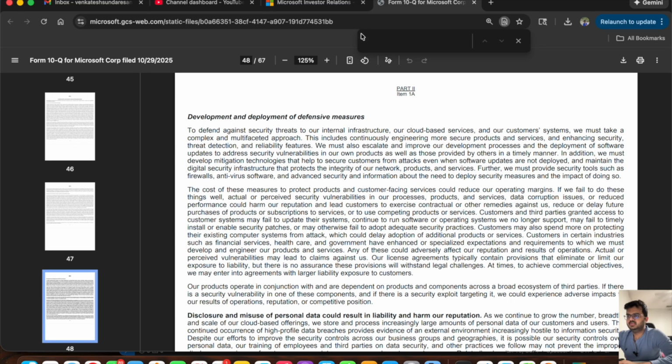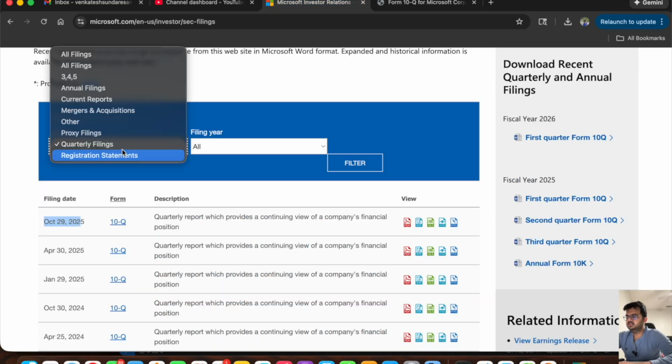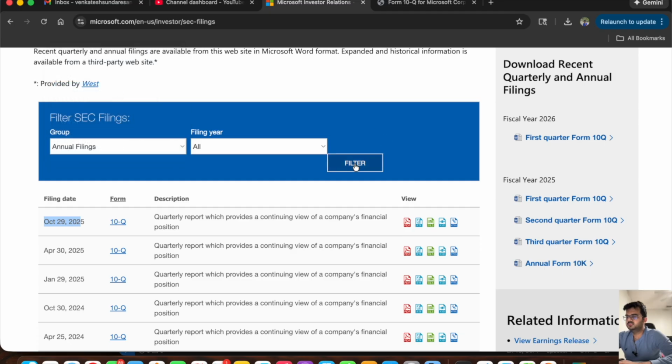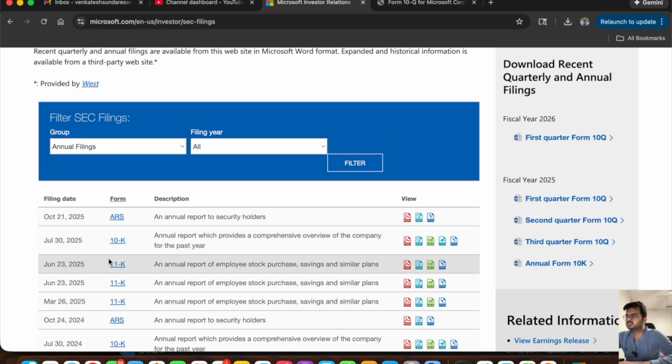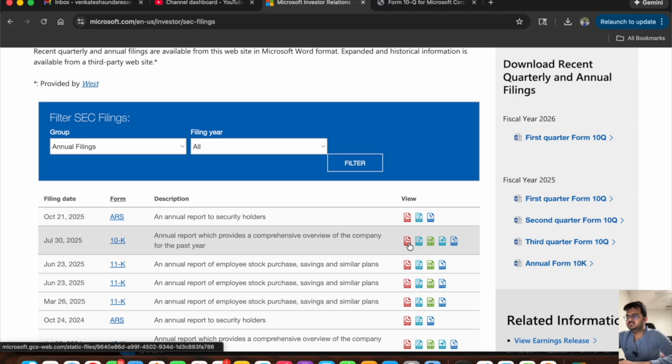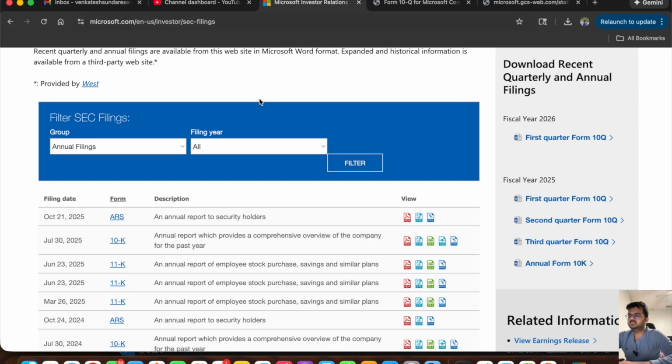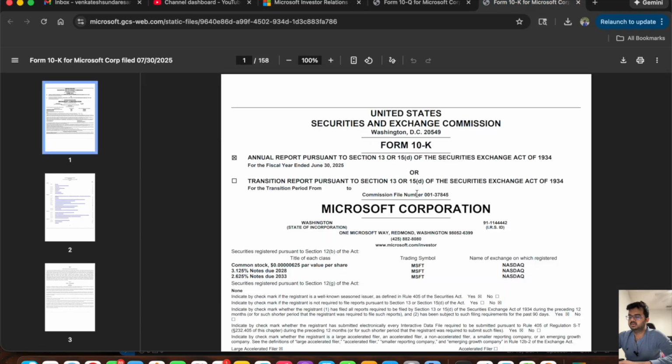Okay. For some reason, I don't see any footnotes on the restricted stock unit in the most recent quarterly report. But if I go back to the most recent annual report, which was published like 3 months before that, which is July 30, 2025, and if I do this,